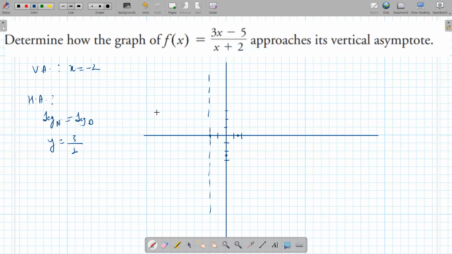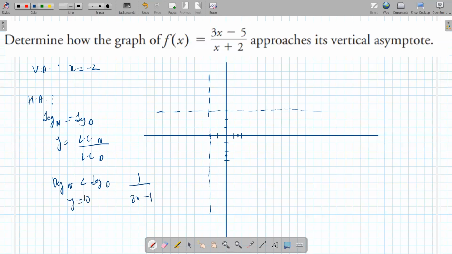So there we go. If they were of different degrees, then what would you do? Then there's different conditions. If the degrees are the same, then y is going to be the leading coefficient of the numerator over the leading coefficient of the denominator. This is what we did here to get 3. If the degree in the numerator is less than the degree in the denominator, for example, 1 over 2x minus 1, then the horizontal asymptote is at y equals 0